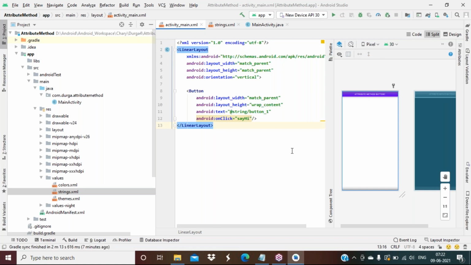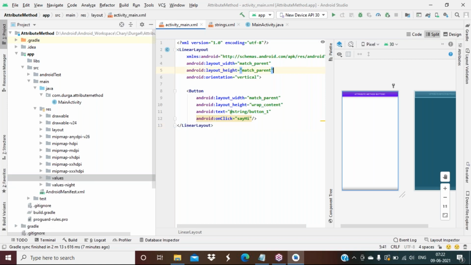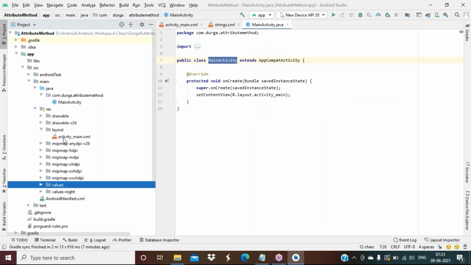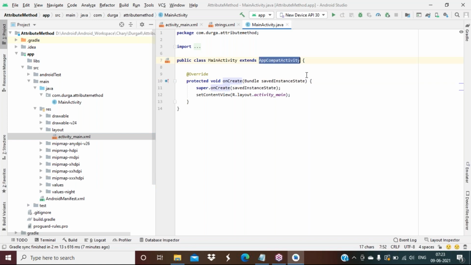So this say hi I need to map with the activity where this XML is called. Okay, so go to there. Where is this XML integrated? So this XML is integrated in the main activity. Of course, here only one is available. That means one screen, one activity. So here onCreate method is there and extends AppCompatActivity is there. That I will let you know tomorrow. Okay. So here XML appended. See how XML appended?